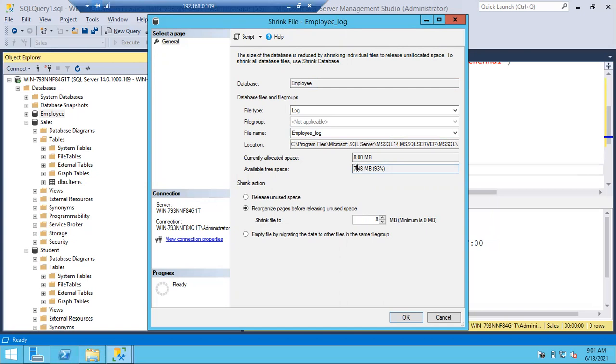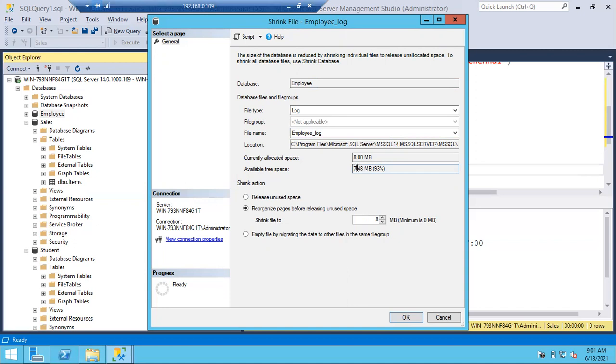But the log file is not like that. You give it 100 GB or 200 GB only once, and every time it is going to reuse that space. Once all the data is committed to the data file, the 100 GB will be free again. When a new transaction comes, it will process it, and once it is completed, the log file is free again.